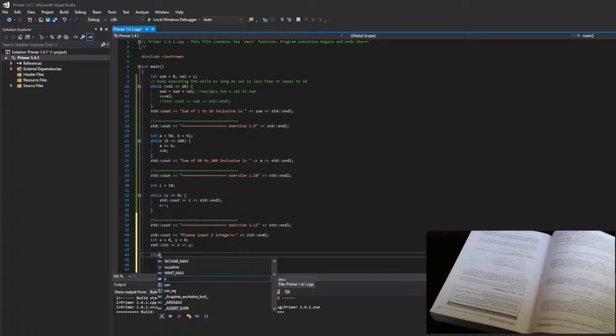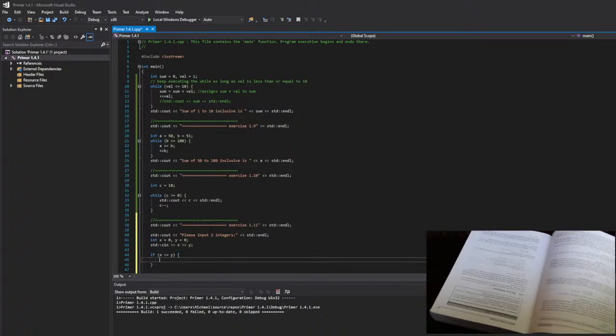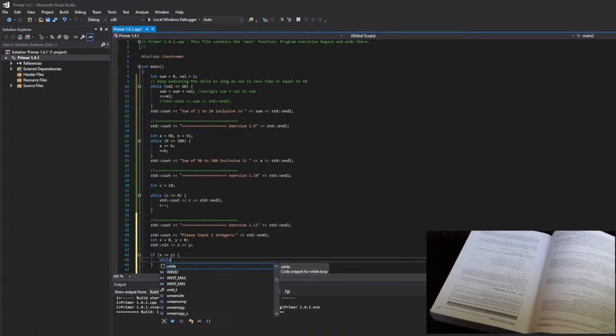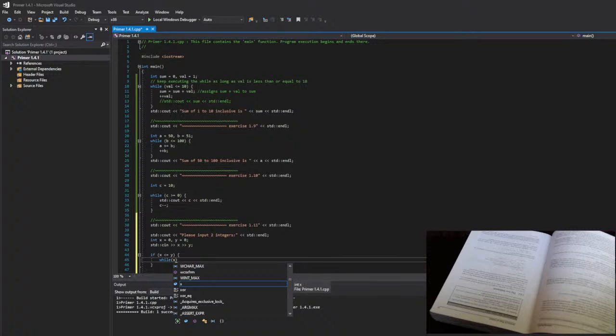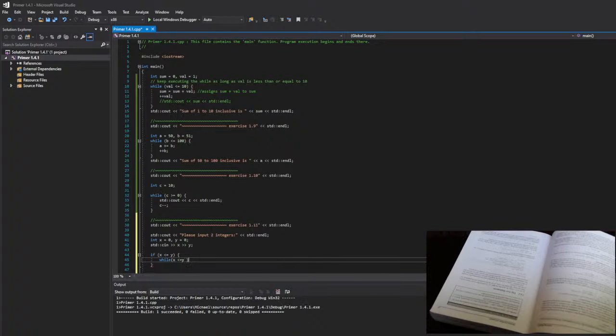If x is less than, less than or equal to y, then while x remains less than or equal to y, which it won't for long because we're going to do things to x, then